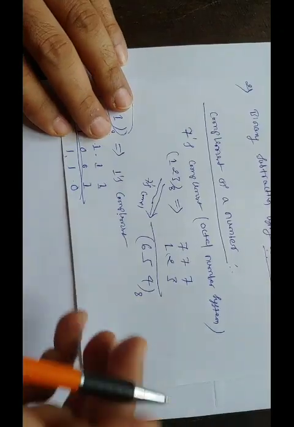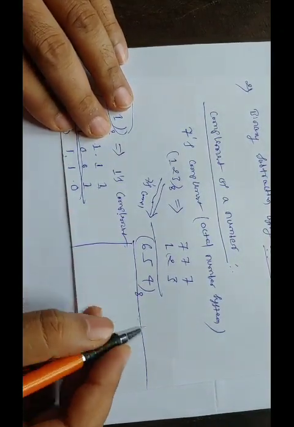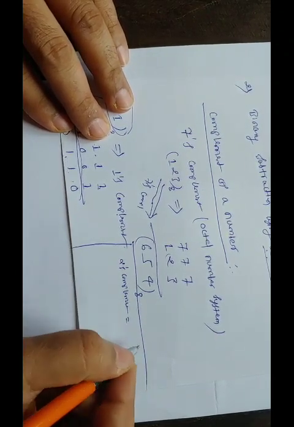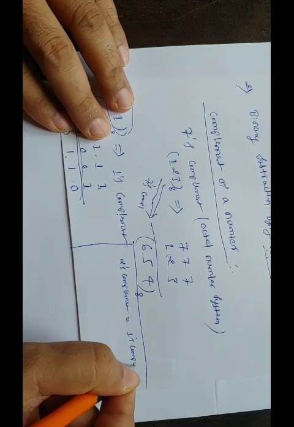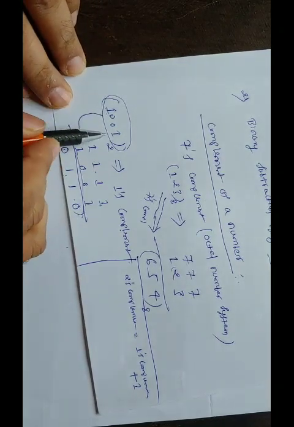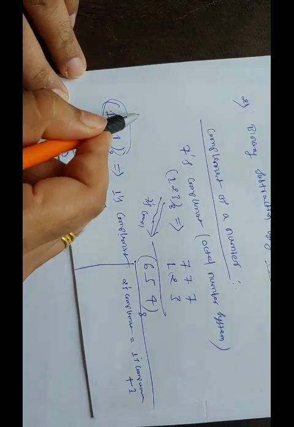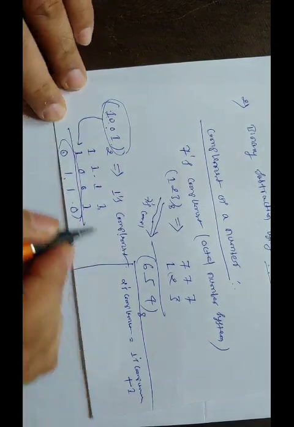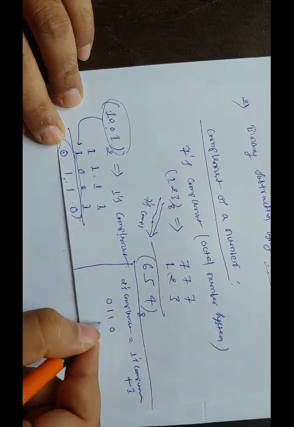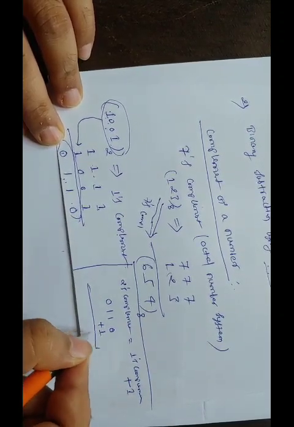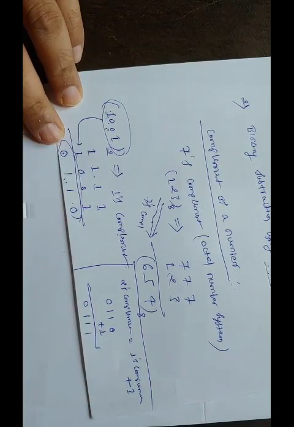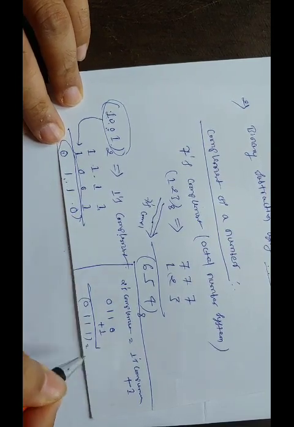Next, going for 2's complement. What do you mean by 2's complement? 2's complement is nothing but 1's complement plus 1. Whatever 1's complement I have got here, look at the same problem 1001. Suppose I want to take 2's complement of this number, then I have to take 1's complement first. The 1's complement number is 0 1 1 0. Next I have to add 1 to the LSB, least significant bit, then I am getting 0 1 1 1. So this is nothing but your 2's complement of this number.